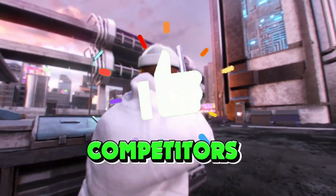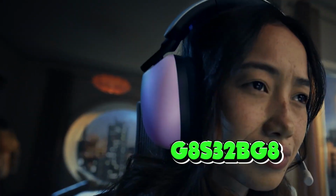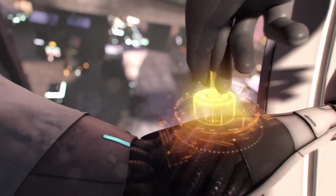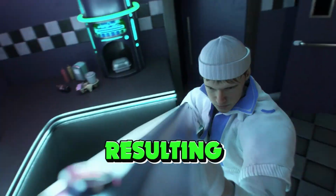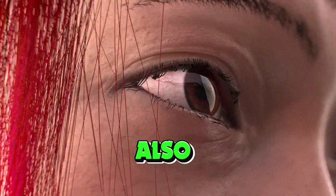However, unlike some competitors such as the Samsung Odyssey Neo G8 S32BG85, it does not have a mini LED backlight. The Sony M9 provides an exceptional gaming experience. It features extremely little input lag, resulting in a very responsive gaming experience. With the optimal settings, it also boasts an excellent...